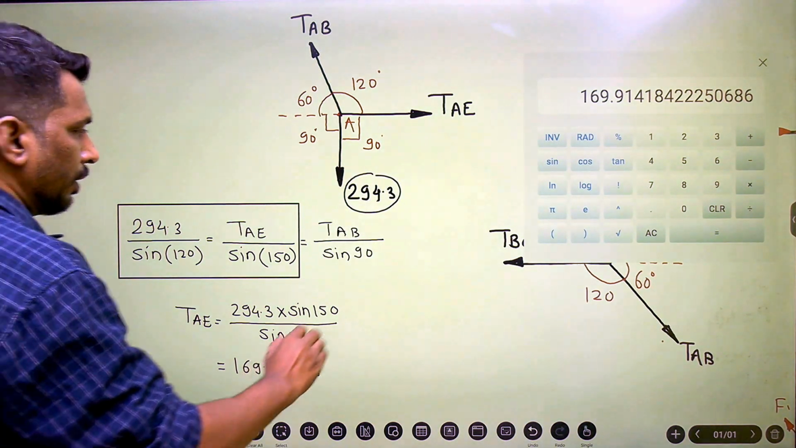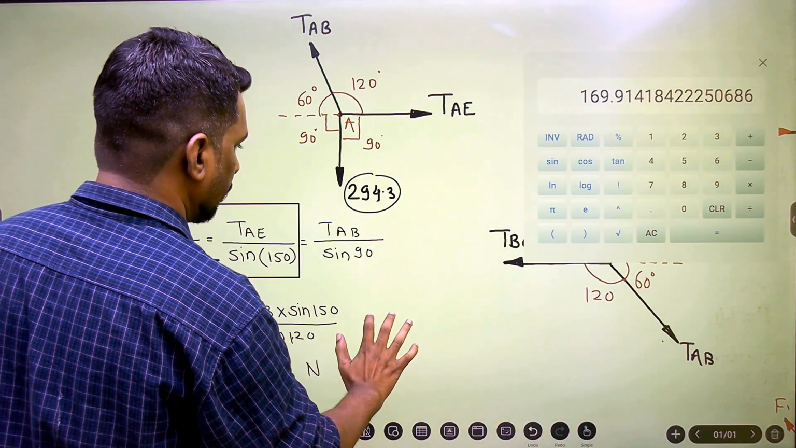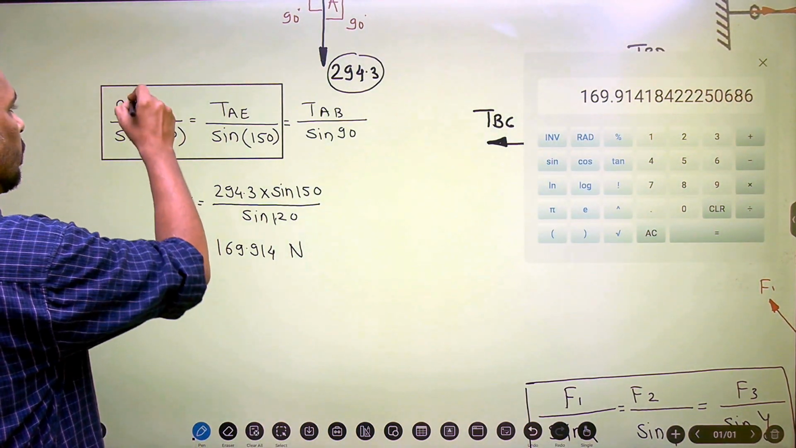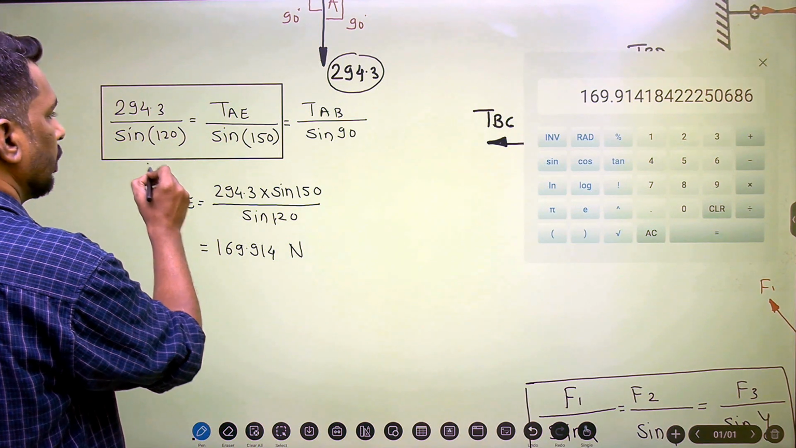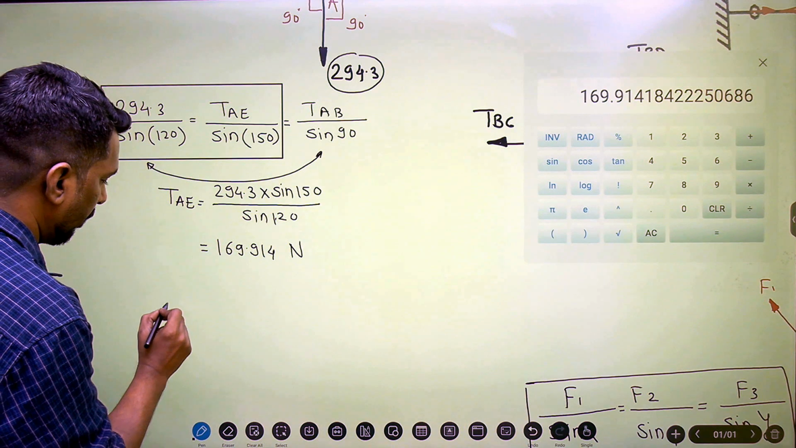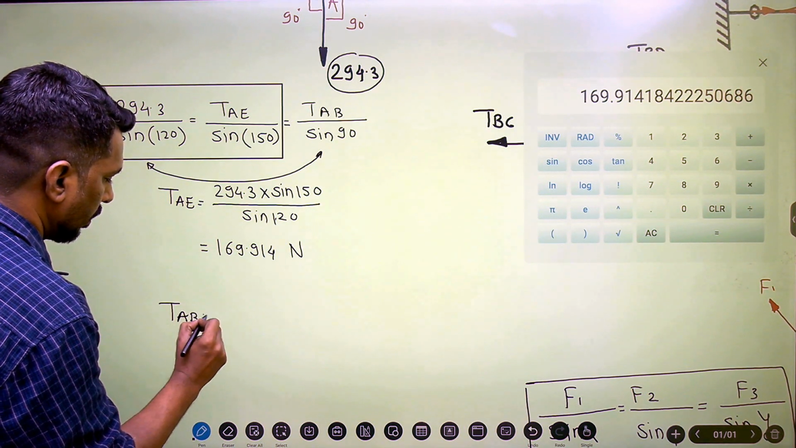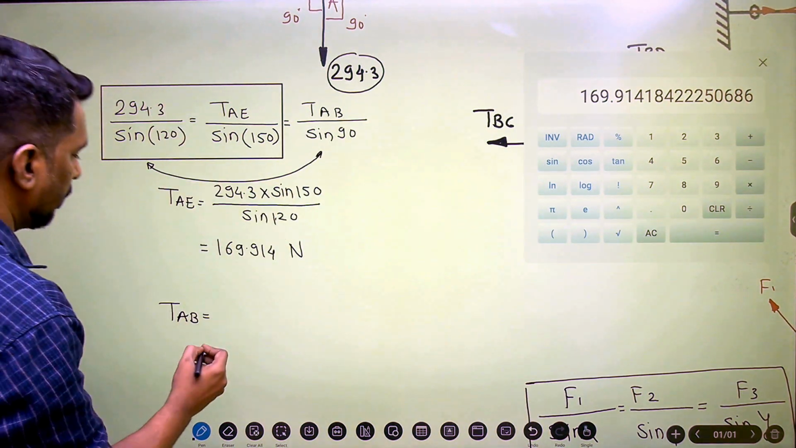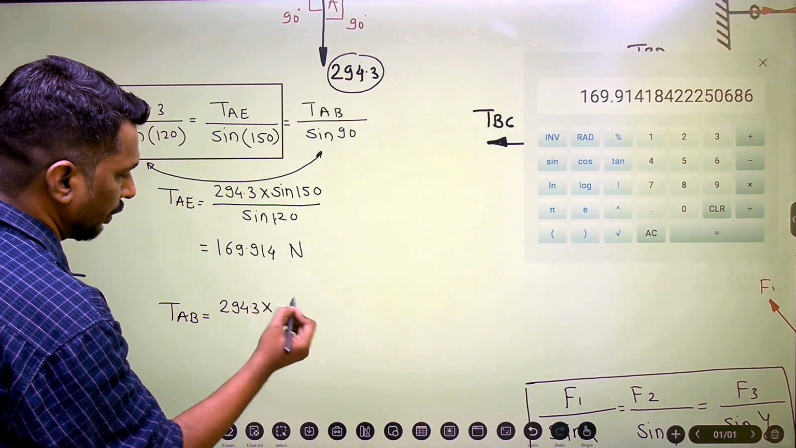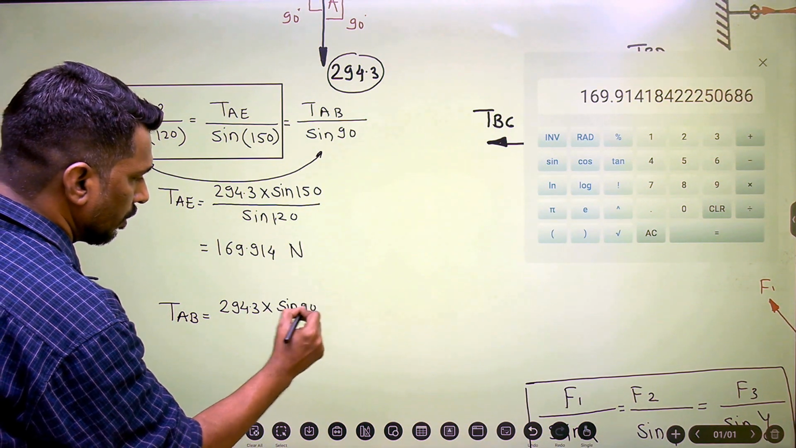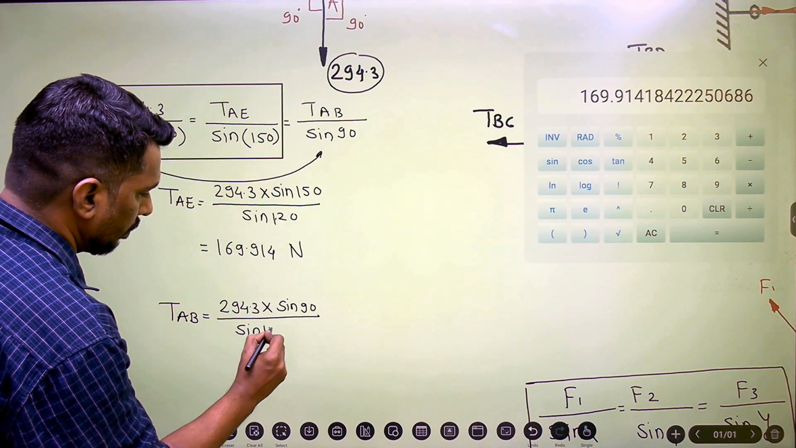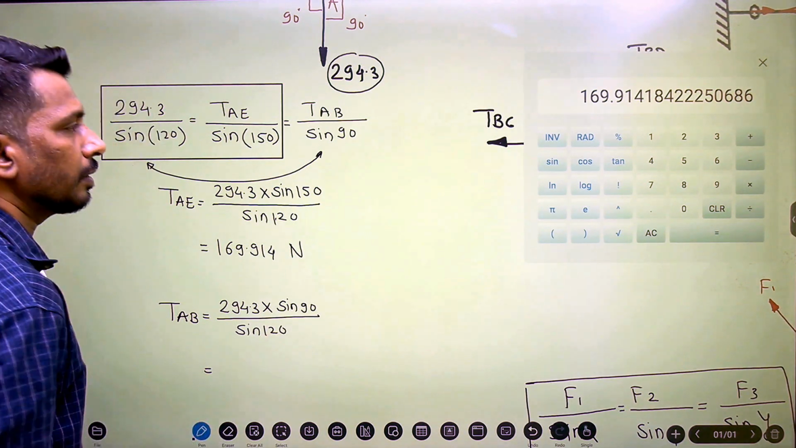Now I'll proceed further for the TAB. Now I'll equate this equation with this one, these two equations I can say. So my equation will become TAB is equal to cross multiplication 294.3 into sine 90, which is actually 1, divided by sine 120. So my answer is